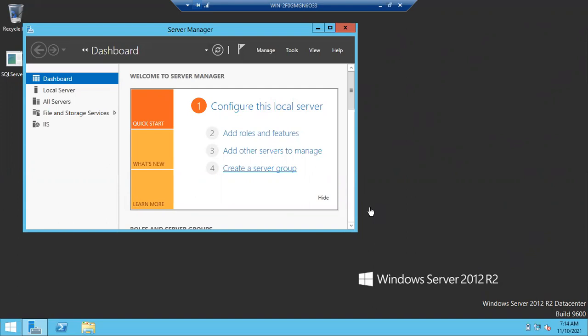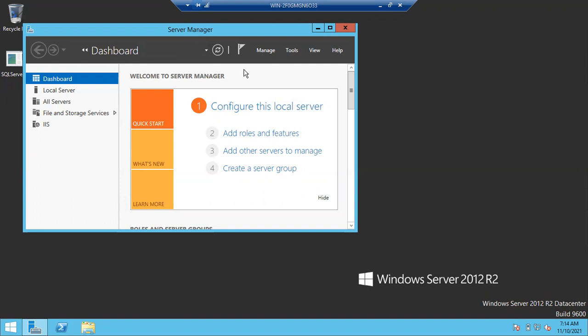Usually after patching also, 99.99% of applications will support. In case the application is not supporting and you are getting compatibility issues, what can we do? What can we do, guys? Sir, we need to first update Windows Server, sir.